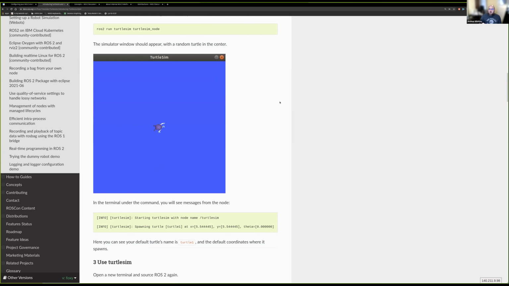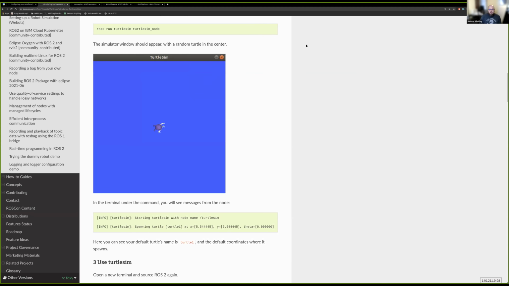Did anybody on the call do an install either in a virtual machine or in a Docker environment? Okay, doesn't sound like it, but just in case, if you are using a virtual machine, you're probably going to be okay with running this. If you're using a Docker environment, this may not work because in Docker, by default, it doesn't allow GUI applications to run on your host machine. So this would probably fail with a couple of errors about GTK, but